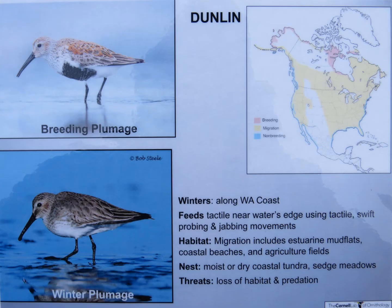Dunlin. Dunlin in breeding plumage are very distinctive because of the black belly spot. I mentioned that spring migrants coming through Oregon are often in different stages of plumage. They're molting from their winter plumage into breeding plumage as they move north. When you're looking at Dunlin, you might try to see how many of the birds have a full black belly breeding patch and how many just have some black spots starting to show. Also look for the rusty coloring along the scapulars